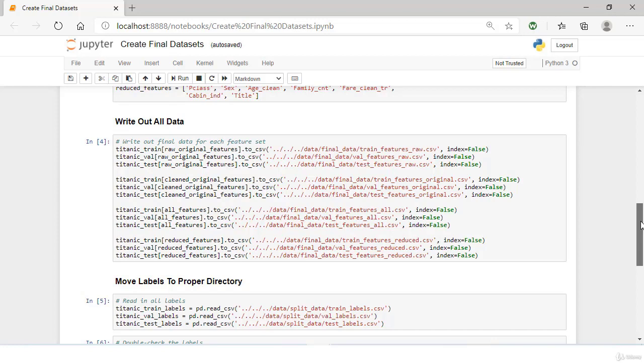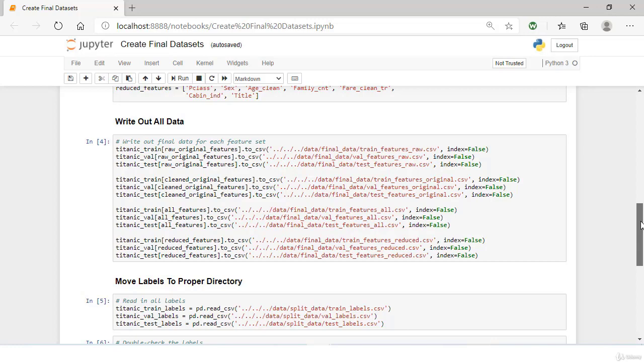We'll just be building models on different sets of features for each example in our training, validation, and test sets. So starting on our first line here, what we're going to do is tell Pandas to select all our features in the raw original feature set, and then write that out to a CSV called train features raw. Then we'll do that also for the validation and test sets. And we'll do this for each set of features that we want to define. So let's go back and run the cell that's going to create our feature sets, and then we'll write all